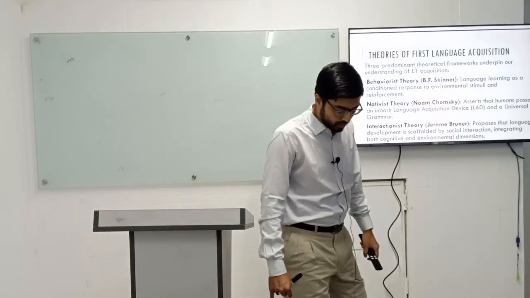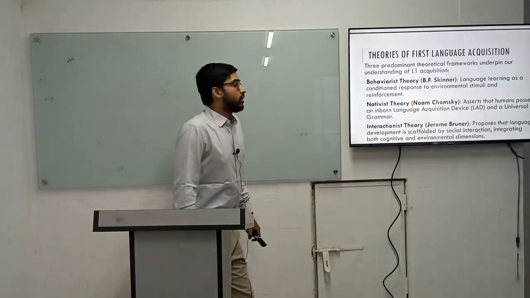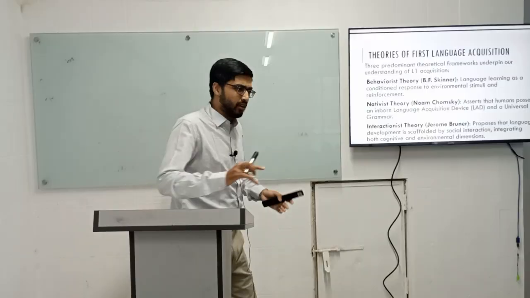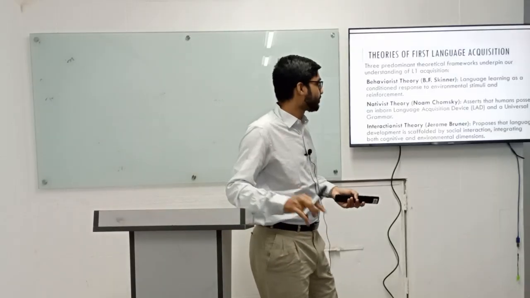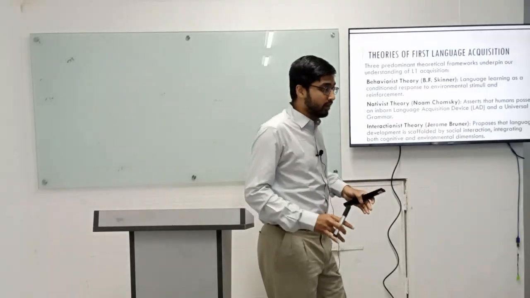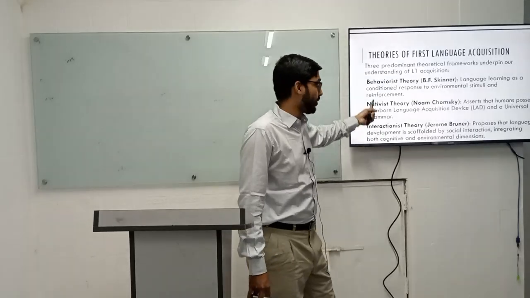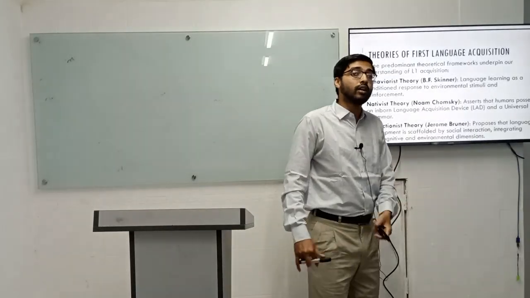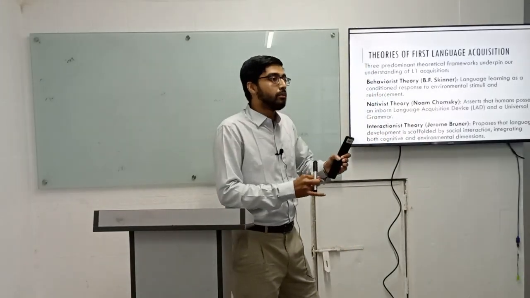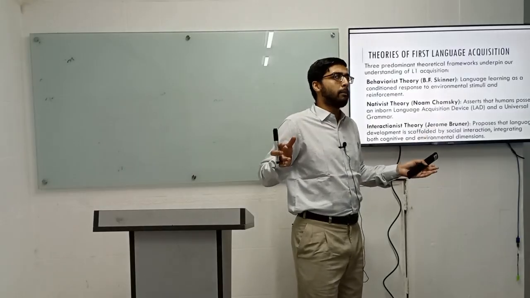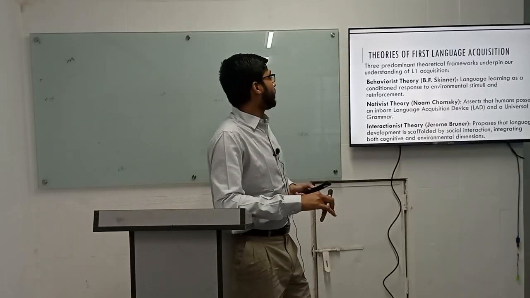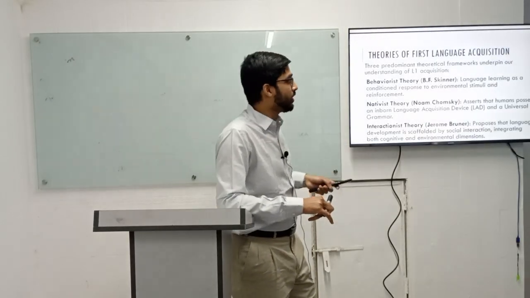Well, this is important for English also. Nativist theory is not very important because you guys know this thing very precisely in your SLA course. So you should keep an eye on these two theories, behaviorist theory and interactionist theory, and what the differences between them are. What could be the connector between those two theories? What could be the different part of those two theories? Okay, so this is FLA, first language acquisition, three theories.